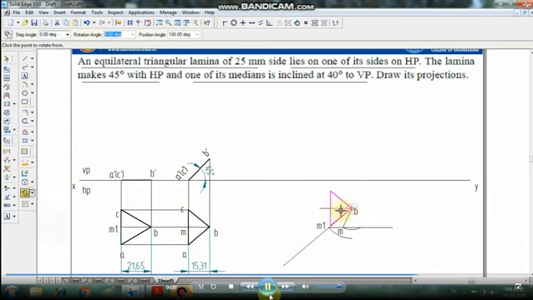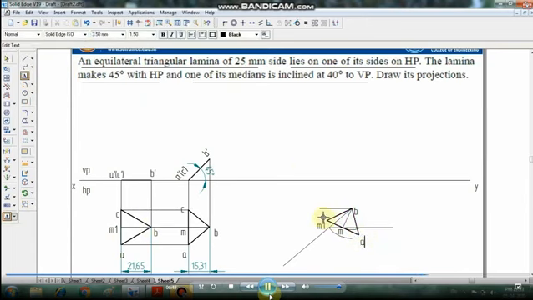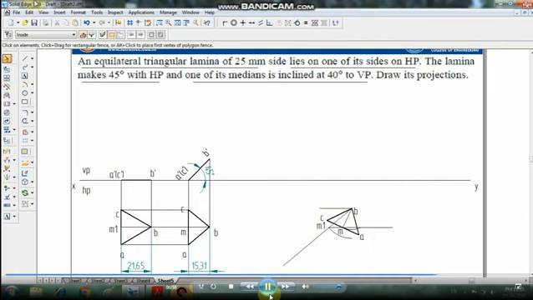The median BM should coincide with this BM. Now this is the A, C and B. It is just to show the rotation of the triangle.